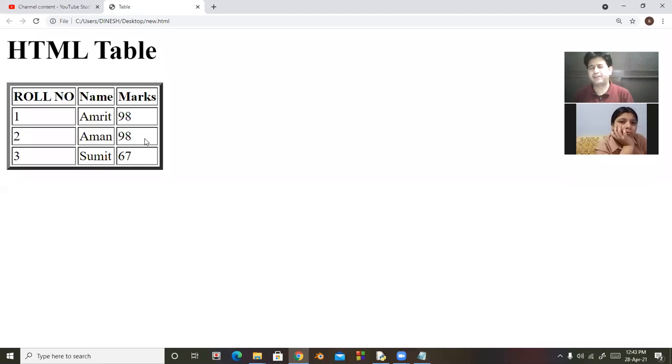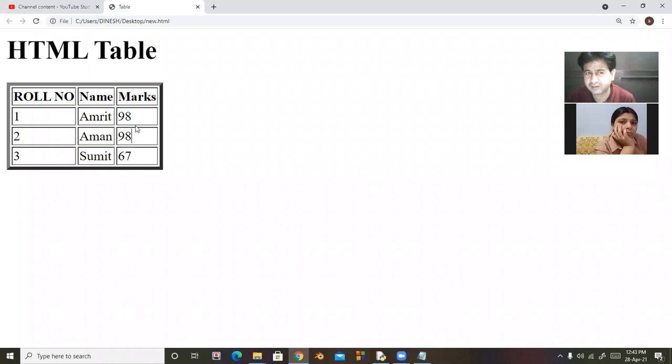Okay beta, my question is, what I'm going to discuss here: if I want to merge two cells, vertical merging means 98, मैं चाहता हूँ कि दोनों सेल मर्ज हो जाएं और एक ही सेल बन जाए और उसमें 98 लिखा हो. Okay student, vertical merge means this is merging two rows.